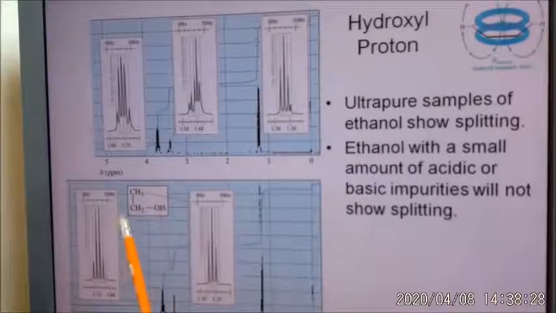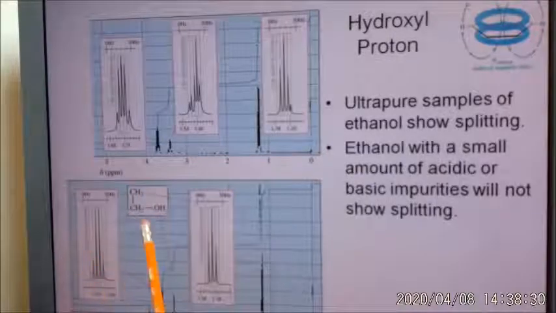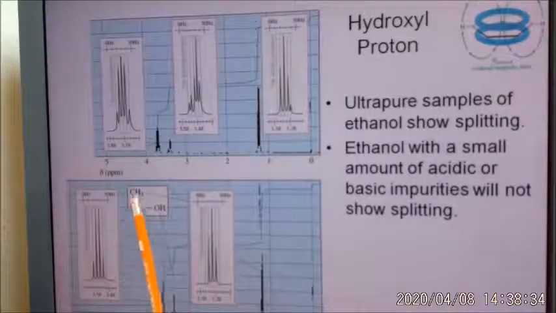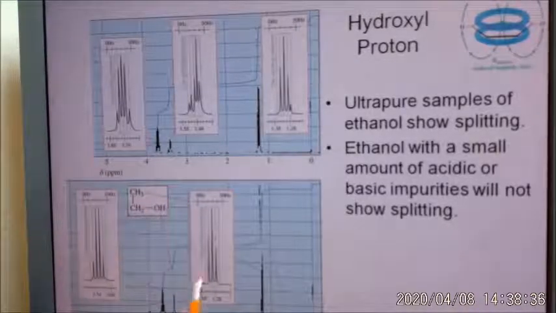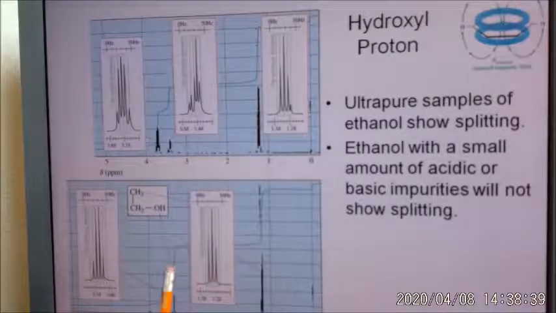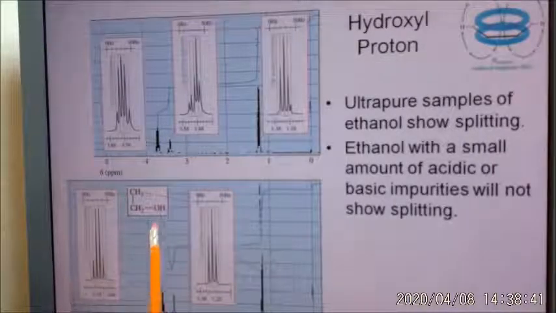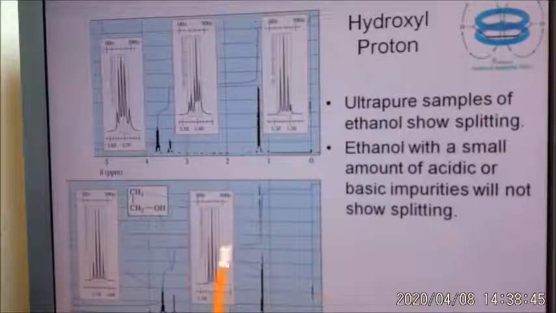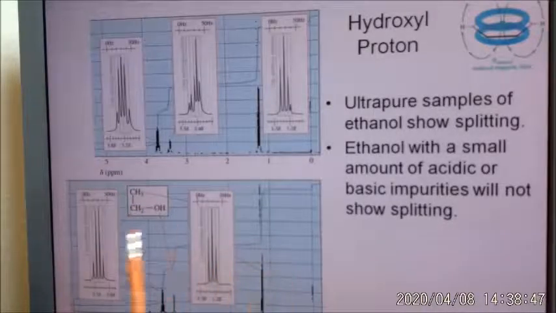But then I have a hydrogen here. So it's a quartet that's split here and here. So that's the quartet. It's split. Here, with the impurity, I don't see any splitting because this hydrogen has basically been exchanging with my acidic or basic